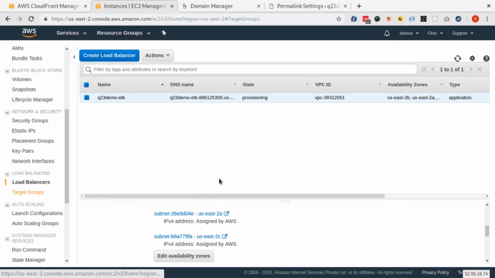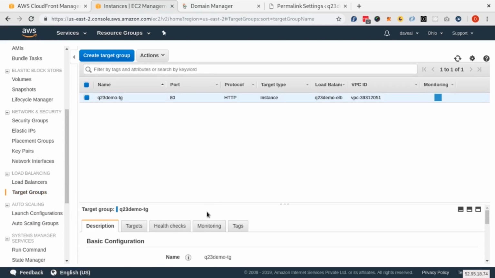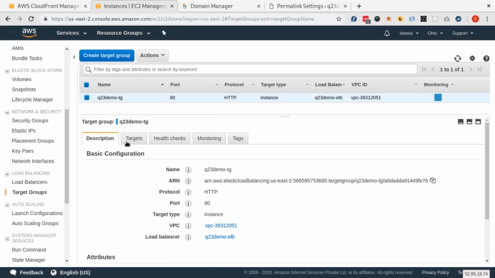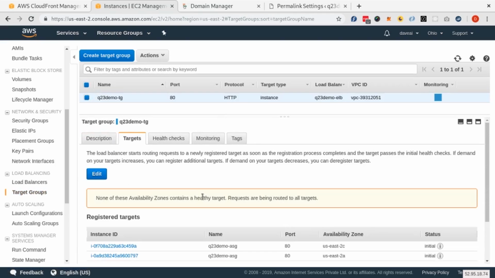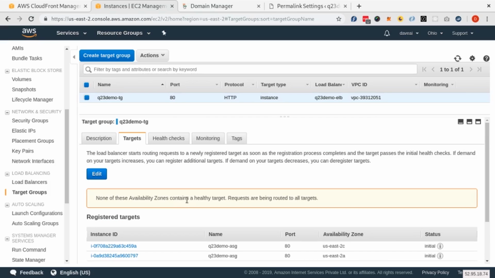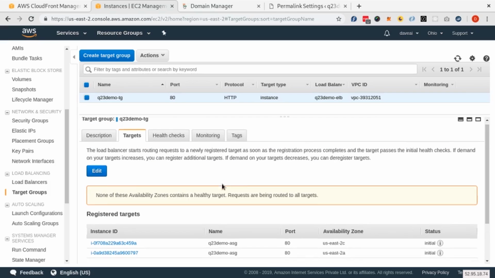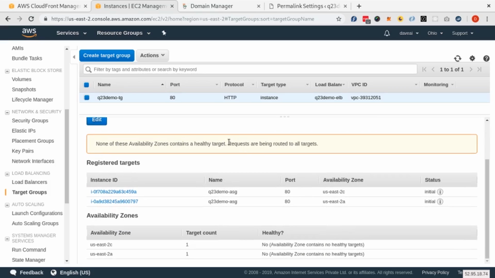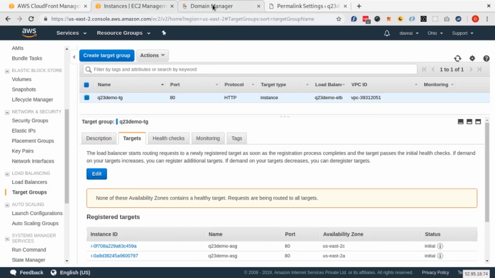If we go to target group, let's see what is the target. The status is initial. Let's see. While it is getting requests for its statuses, we will do something else here. That is, we want to create